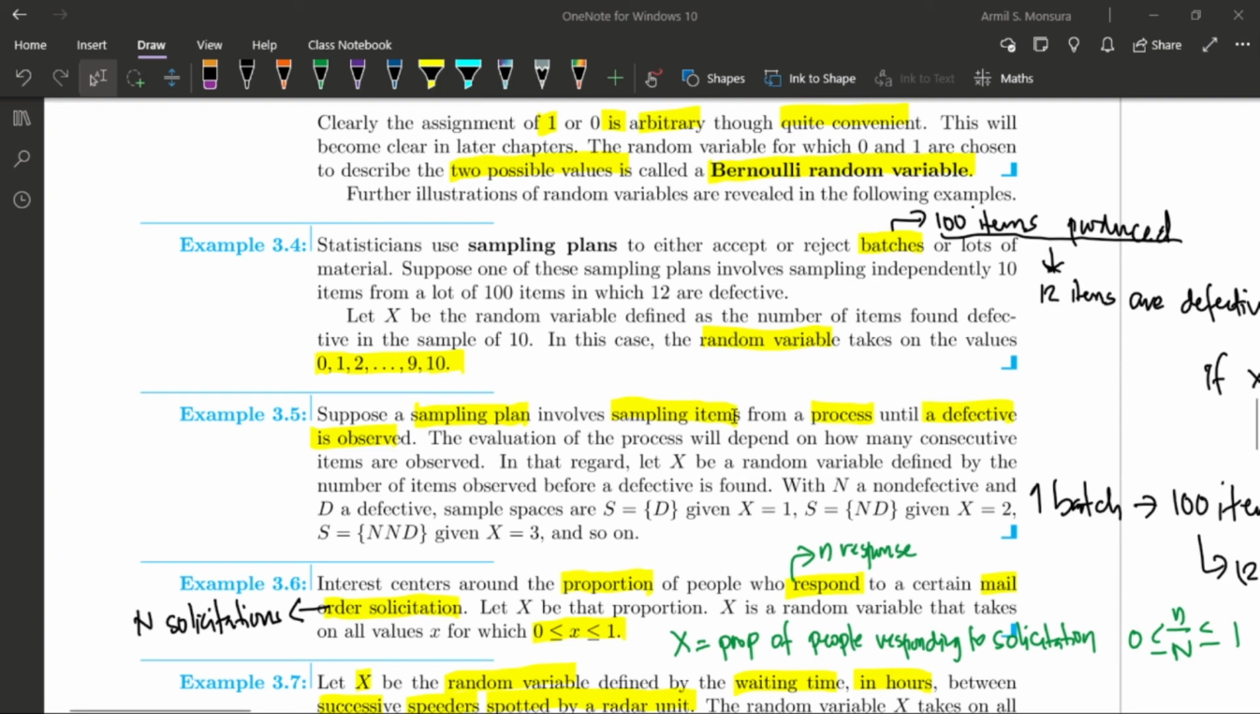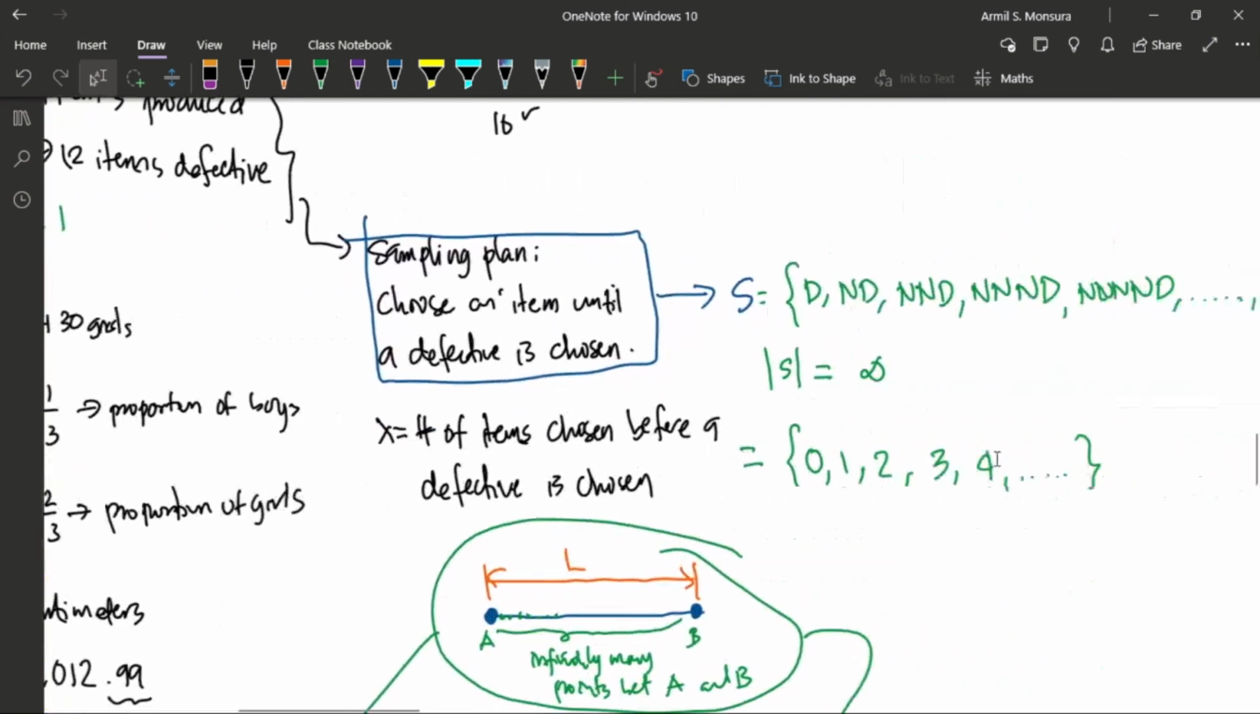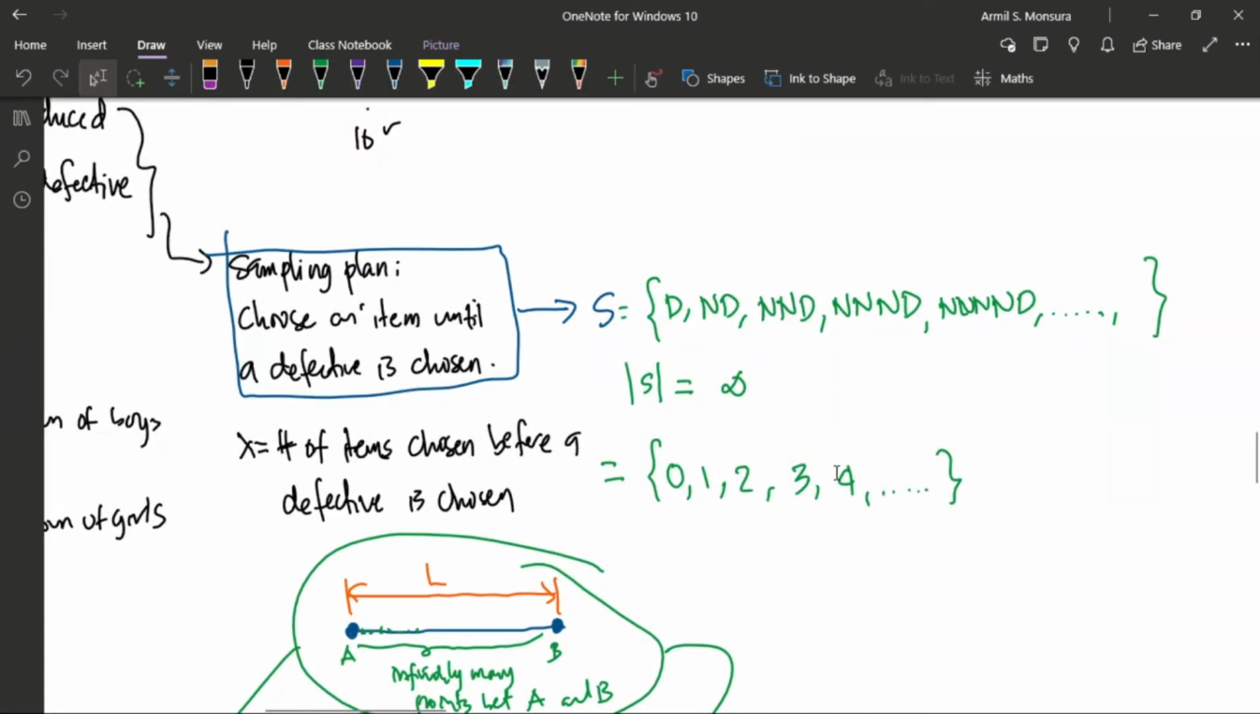Now, recall here in 3.5 that your x may take on 0, 1, 2, 3, 4 up to infinity actually. Your x may assume a value of infinity. It may assume a value of infinity. But still we consider this